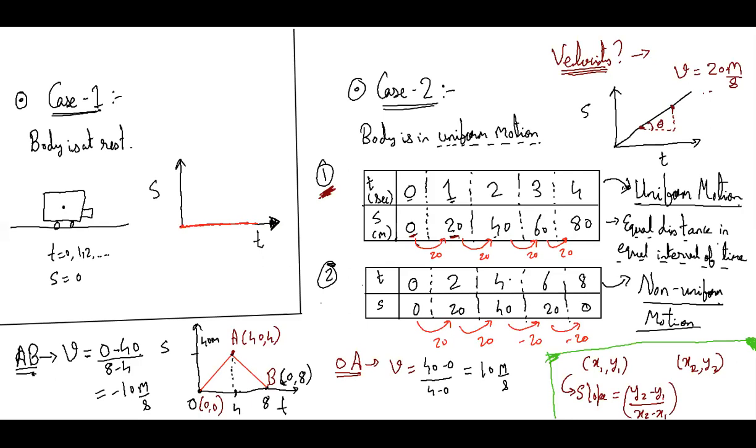Displacement is also not 0 because it went up to some point. Displacement is 0. No, displacement is 80 meters. No, displacement is 0. Big fight here. Some people are saying displacement is 0, and some people are saying it is not. Sir, it didn't reach the point from where it started. How do we know that it reached the point where it started? It is not mentioned. It is given in the graph.